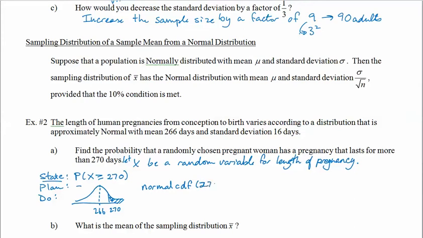We want starting at 270, going to infinity. Our mean is 266, and our sigma is 16. Now this is based on simply what's the probability from our given data of our population. So we end up with 0.401,